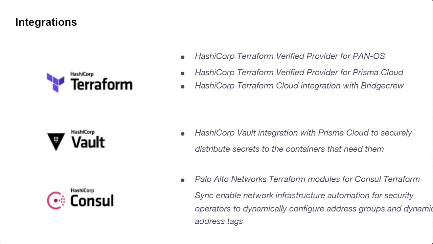With Vault, we've got an integration with Prisma Cloud. This is where you can avoid hard coding credentials or secrets within your container images. Very important, right? Where you usually write container images, Dockerfiles, maybe you're publishing them, one of the common mistakes that we see is customers hard coding these credentials into these Dockerfiles. So with the Prisma Cloud and Vault integration, using the Vault key value store, we can dynamically inject those secrets into those containers that get spun out.